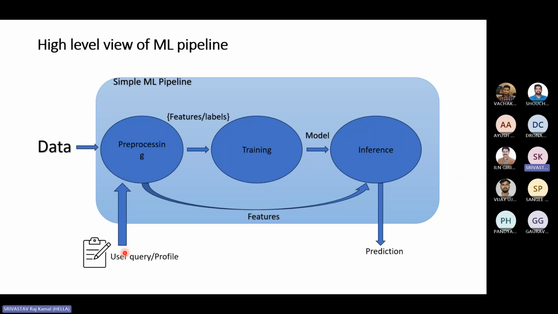Now, one data point comes up, the same data point will be processed the way we process, and it will be fed to the model, and the model will give you the inference. Inference means giving the prediction. So these are three terminologies you will read a lot: pre-processing, training, and inference. Inference means finding the predictions.